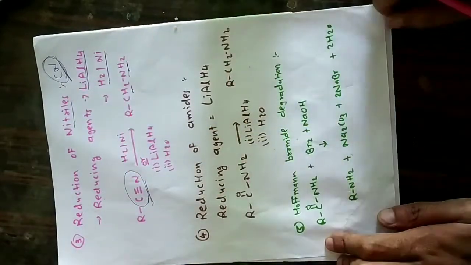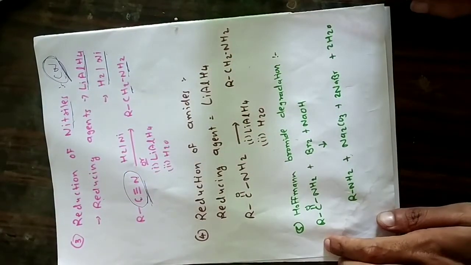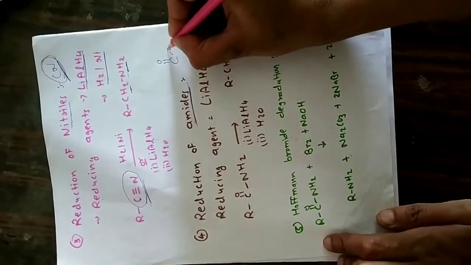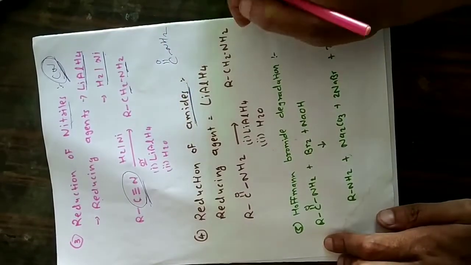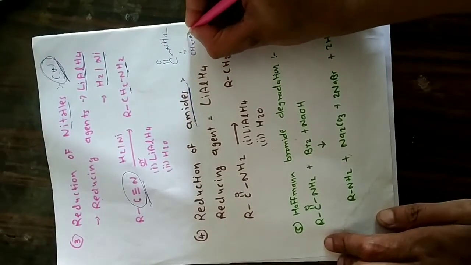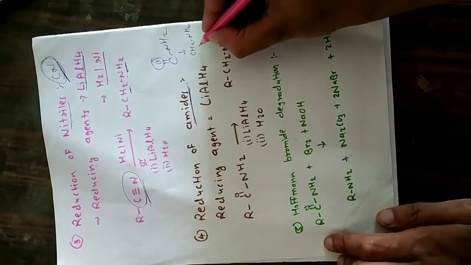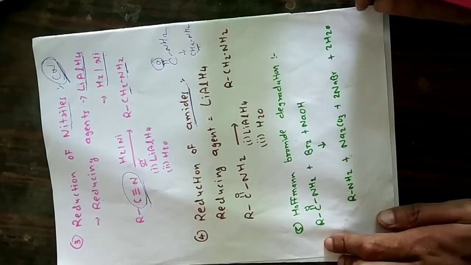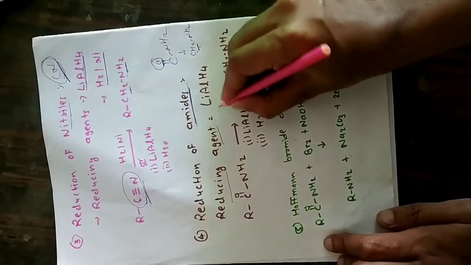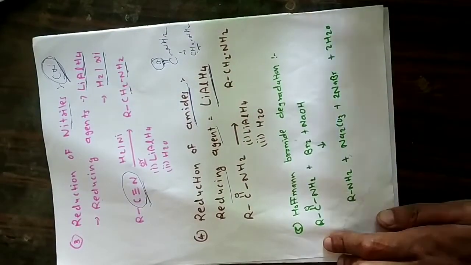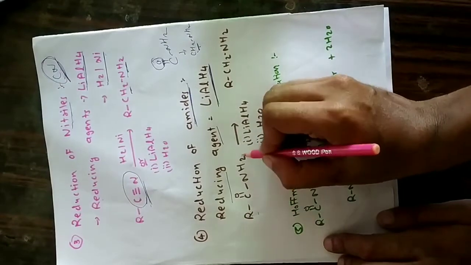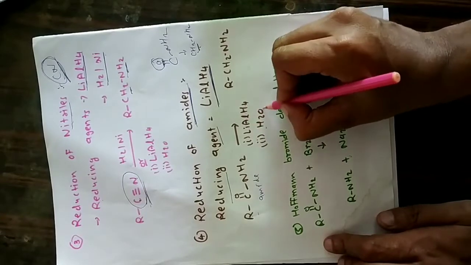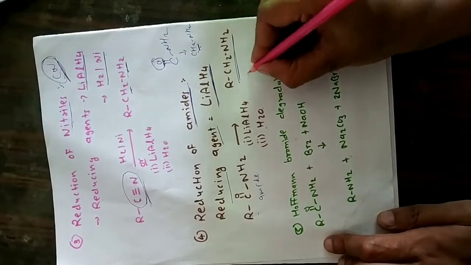Reduction of nitrile group. Now next preparation is from amide. What is amide? Amide is CONH2. Now from that we are going to prepare CH2NH2. You can see removal of oxygen and addition of hydrogen. It is again reduction reaction. Now here as reducing agent we can use lithium aluminum hydride. So you can see the reaction, RCONH2, it is amide. When it reacts with lithium aluminum hydride and H2O, it gives us 1 degree amine.